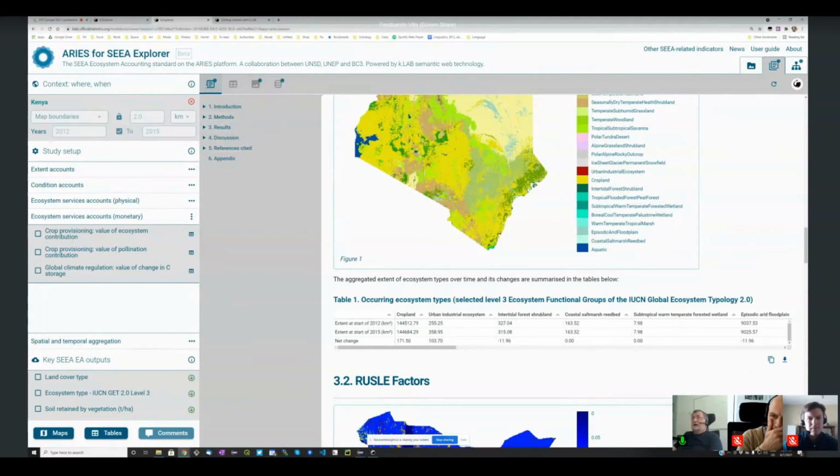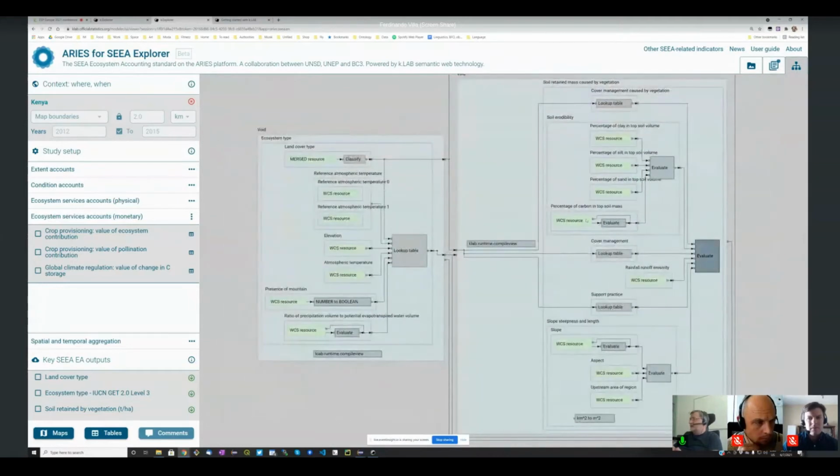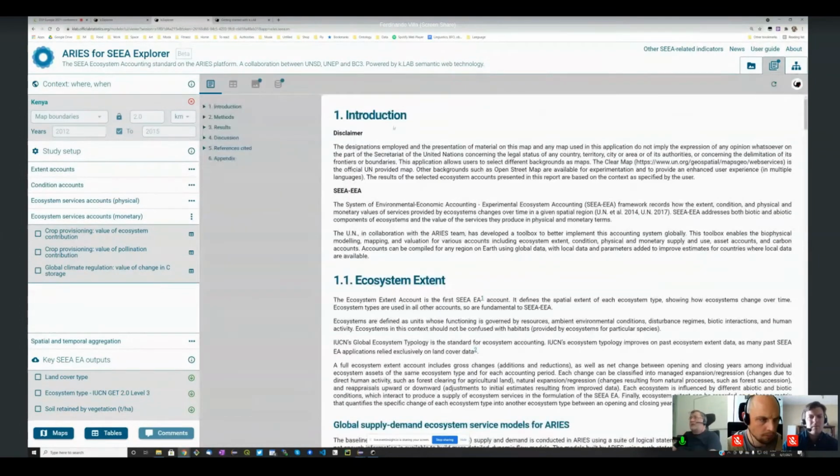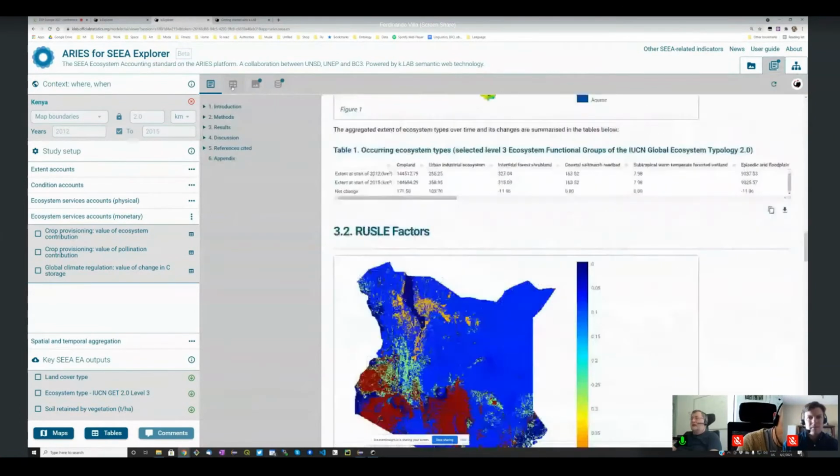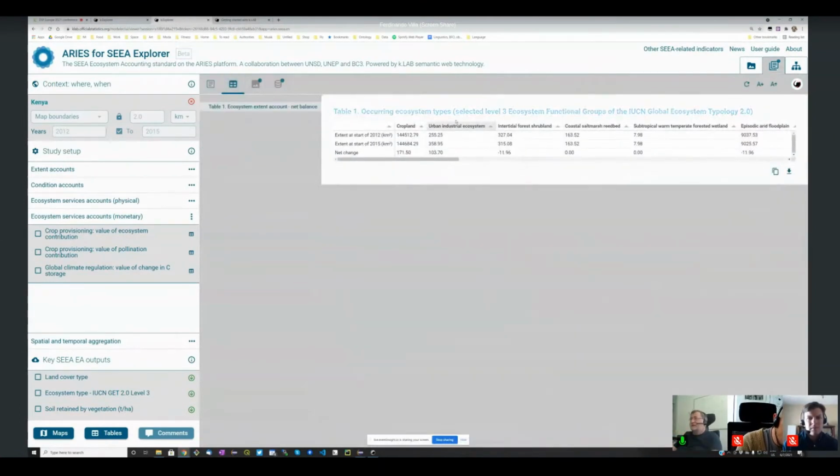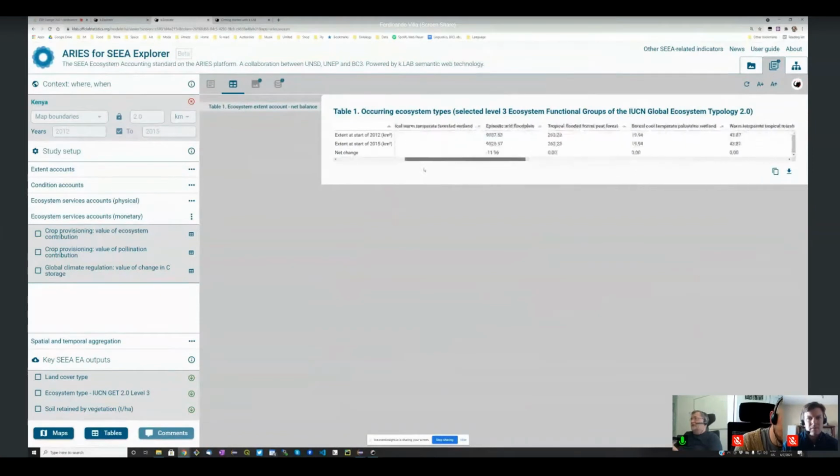So you can look at the different perspectives here. You can also look at the model perspective as before. So it's a little different in interface, the way it looks, but it actually is exactly the same functionality. And if we go back here, you can skip in computing stuff. So we have now just the tables by themselves, which you can export to Excel or copy to a clipboard.